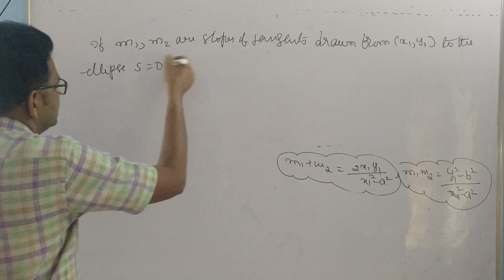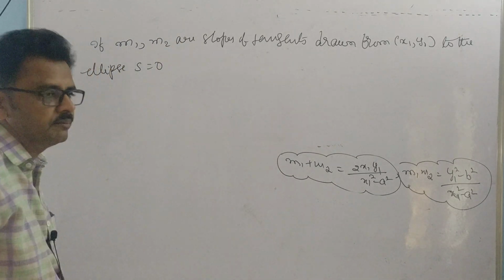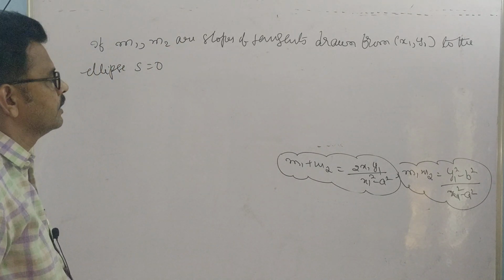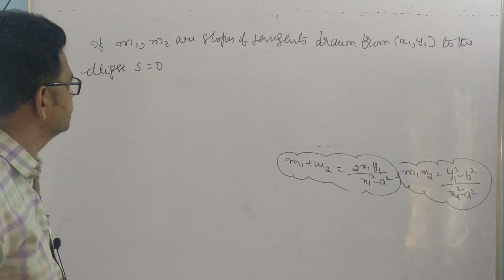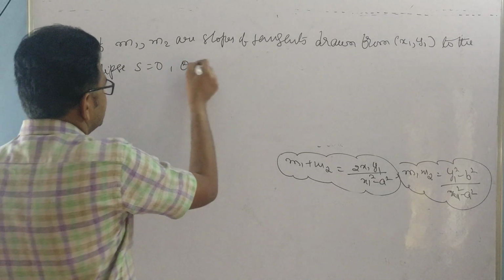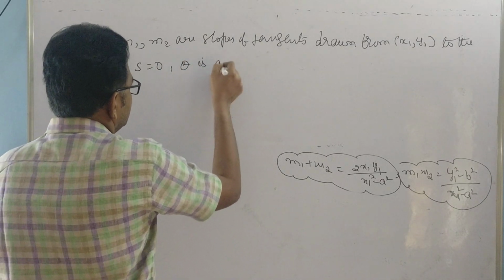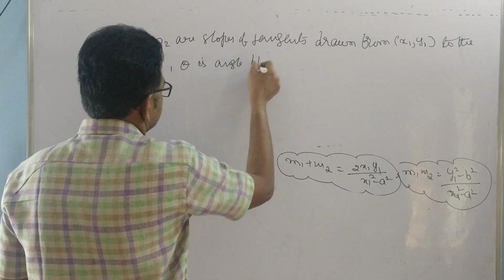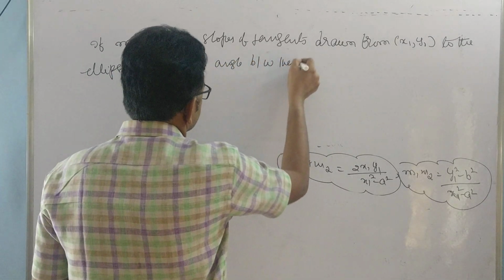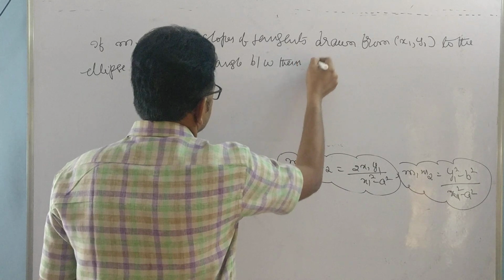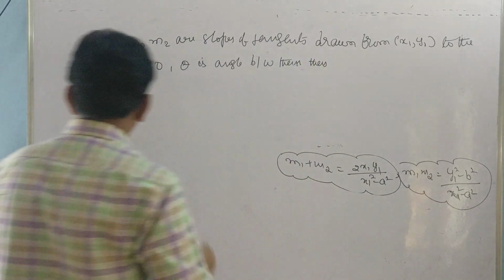S means what? The standard ellipse equation, x square by a square plus y square by b square equal to 1. And theta is the angle between them. Then tan theta